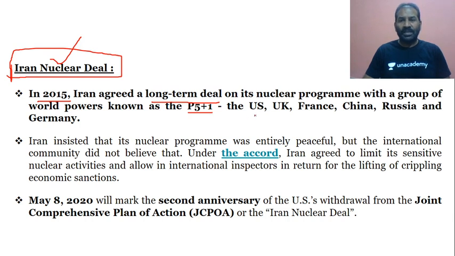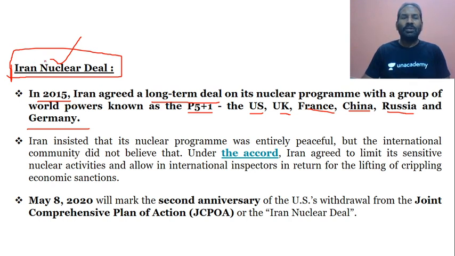So the P5 plus 1 countries are the 5 countries, US, UK, France, China, Russia, and the one is Germany. This is again very important for prelims, when the question is asked about the sanctions, the way the West Asian Islamic Republic, Iran, is facing a health and economic crisis because of the sanctions at the time of the pandemic. Based on that, if a question is asked